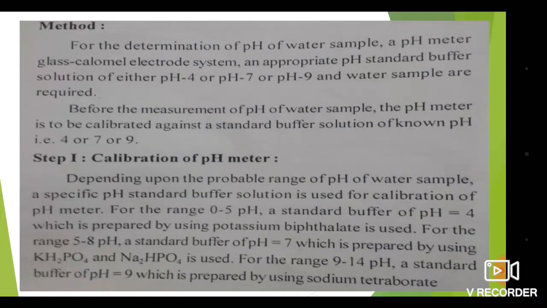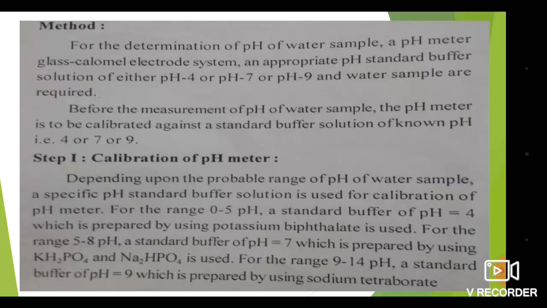So what is the method? For the determination of pH of a water sample, a pH meter, a glass calomel electrode system, an appropriate pH standard buffer solution, either pH 4, pH 7 or pH 9, and a water sample are required. What is the requirement for this electrometric method? We require the glass electrode, the calomel electrode, as well as buffer solutions of pH 4, pH 7 and pH 9